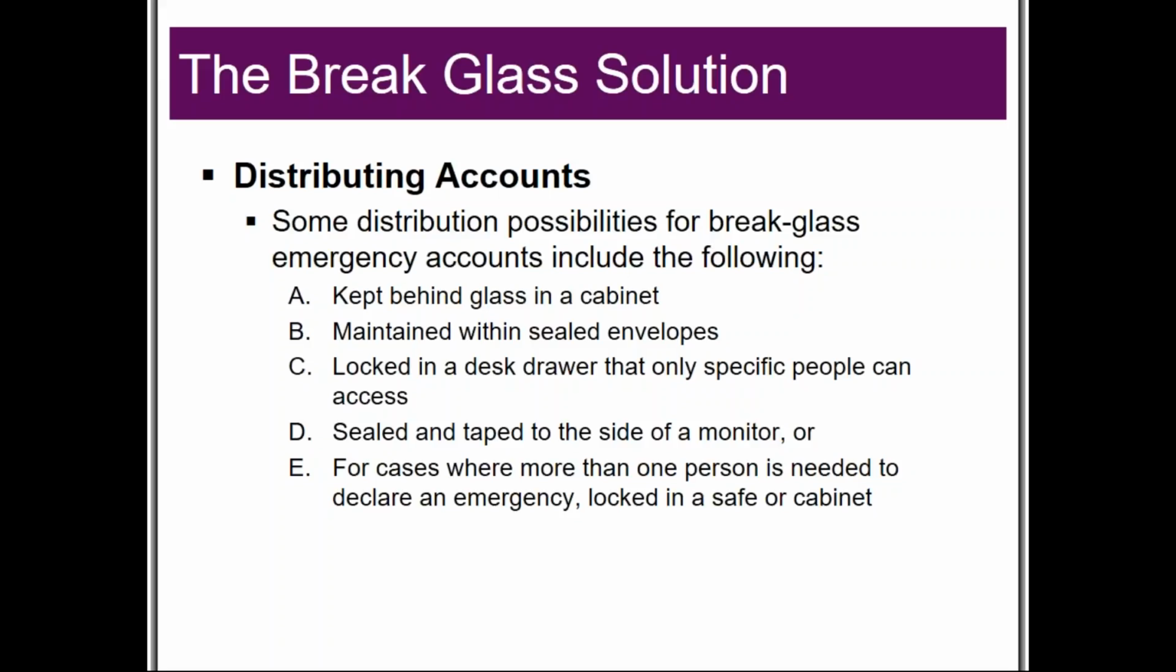The next one, for cases where more than one person is needed to declare that emergency, it can be locked in a safe or a cabinet where one person knows the combination, but the cabinet key, or they might have the cabinet key, and then a different person has the key to the room. So a different person lets you in, I go over to the cabinet, I open it up, and I take out the emergency procedures. A best practice for doing this would place that pre-stage emergency account into the responsible care